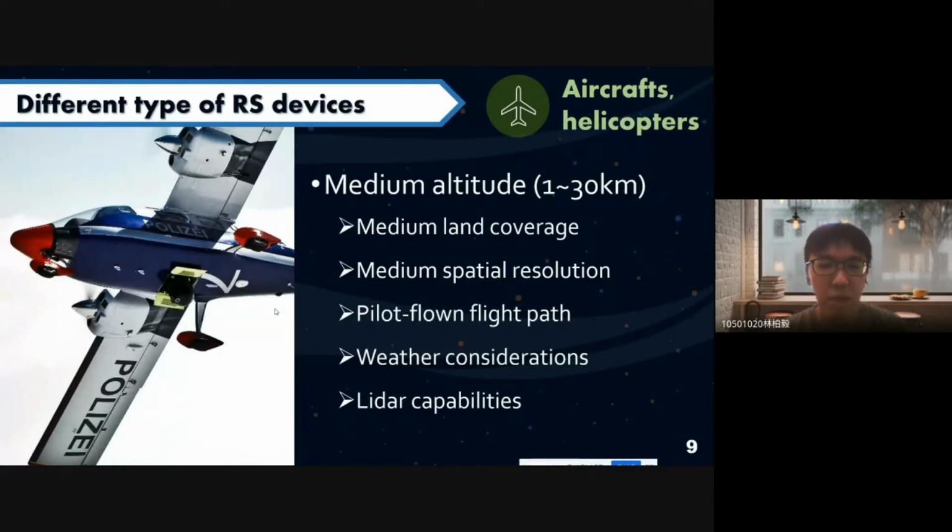We can fly wherever we want. However, we need to consider the weather. If the weather is bad, we cannot take off. Also, we can carry LiDAR on aircraft and helicopters.